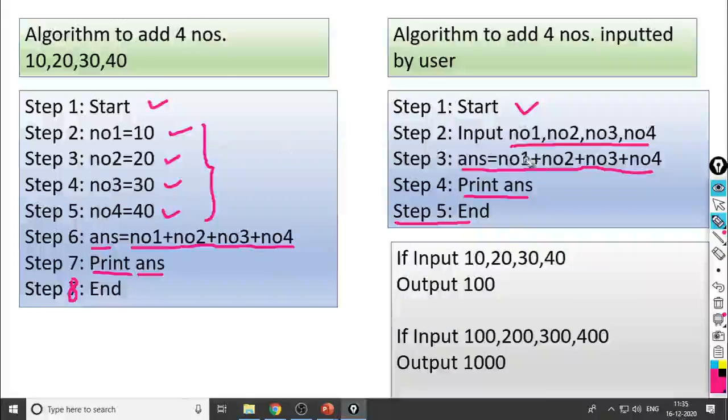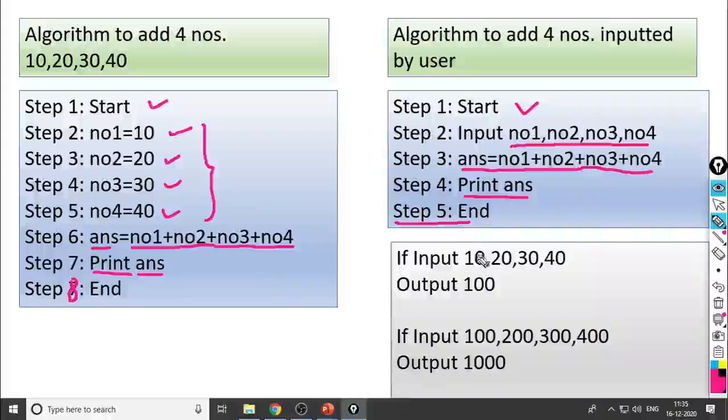These two are examples. First example, constant; second, variable. When we execute this algorithm, what would be the result? If input is supplied like this, 10, 20, 30, 40, it assigns in sequential manner.